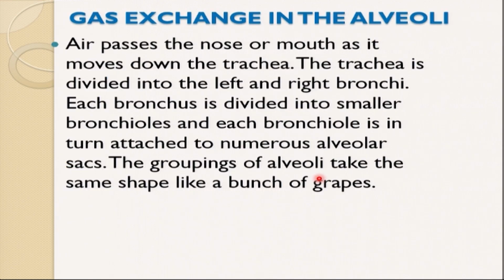Gaseous exchange in the alveolar sac. Air passes through the nose or the mouth as it moves down the trachea. The trachea is divided into left and right bronchi. Each bronchus is divided into smaller bronchioles, and each bronchiole is in turn attached to numerous alveolar sacs. The group of alveoli takes a shape like a bunch of